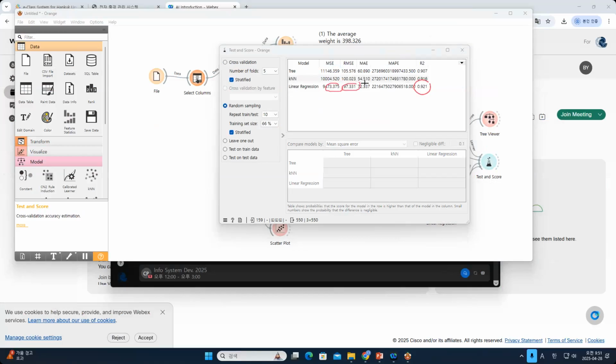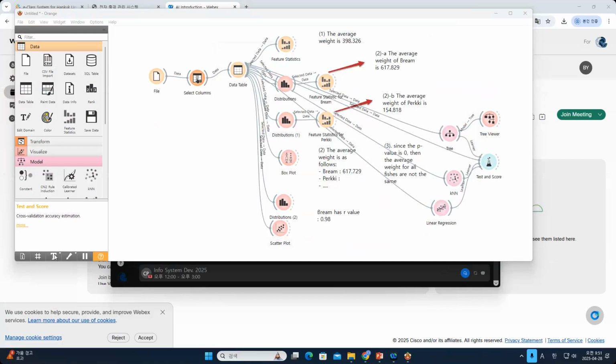Again, the KNN is the smallest, but linear regression shows three different measures with the smallest and the upper, which is the highest. So we will select the linear regression. Then you can analyze again. Linear regression is the best model